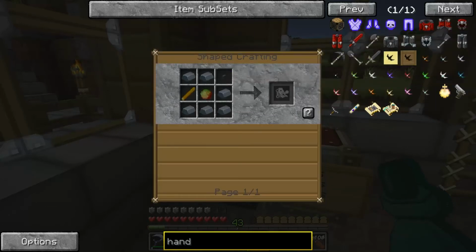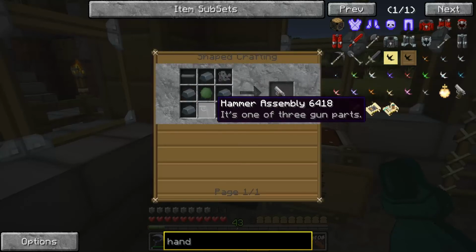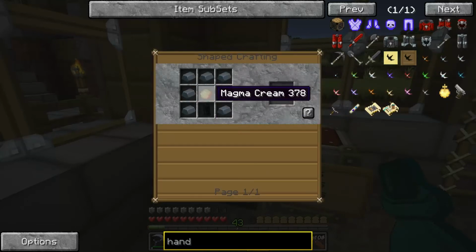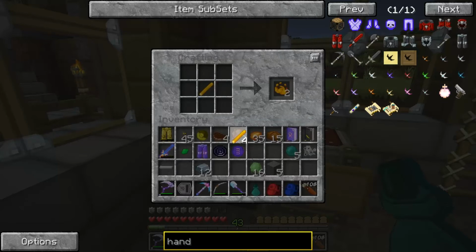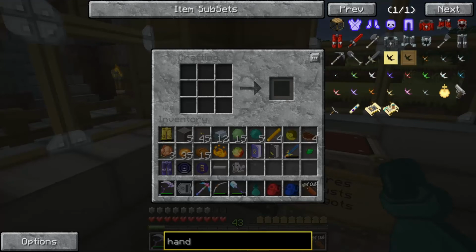And we're going to make this, which is that. Magma cream, blaze rod, button. Okay, and another magma cream. I need another magma cream. That, and that, and that. No, not bread. That. Okay. And